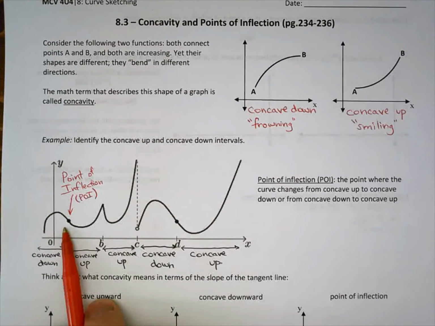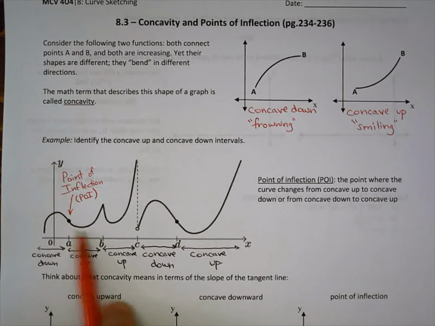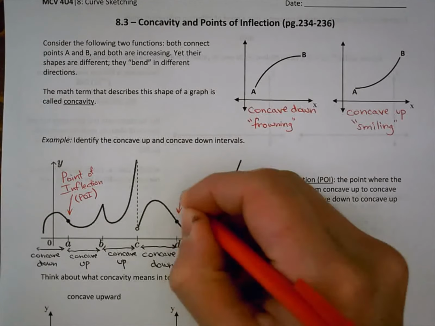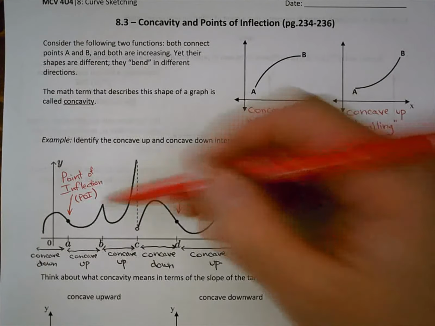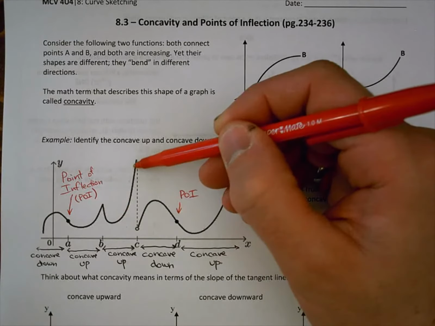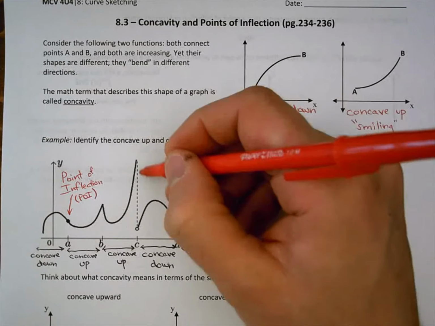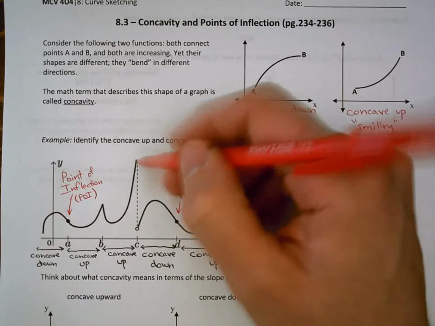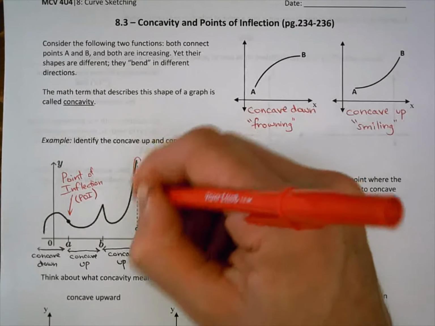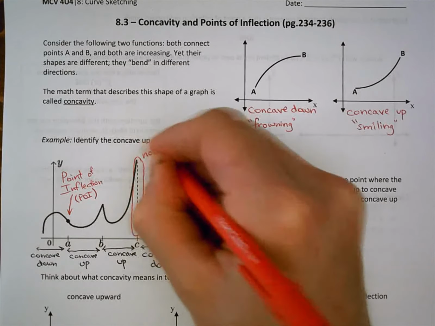So there's a point of inflection here, and when you draw it, it's kind of fun, right? It's going down and then it changes the way it bends. Over here, there's another POI, point of inflection. What about here? Here I am concave up, and then I change concavity and I'm concave down. But there can't be a point of inflection here because there is no point. The function doesn't exist here. It's an asymptote. So there is actually no POI here